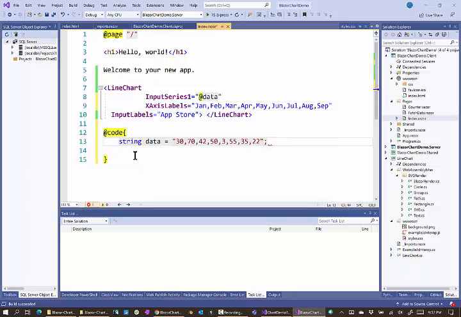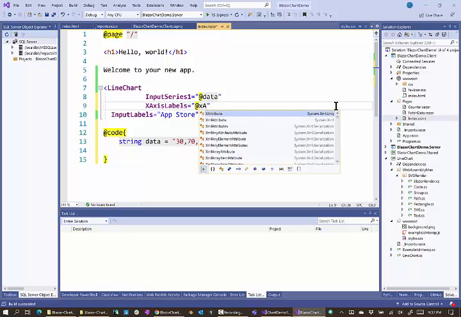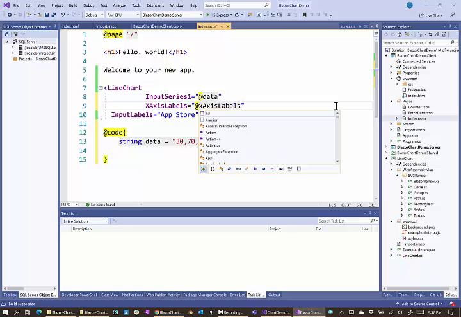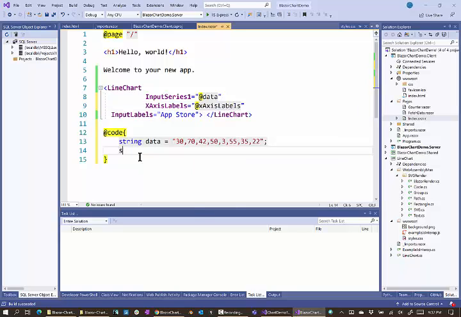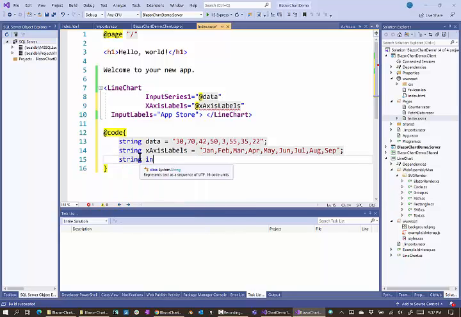So now I'm just initializing a string in my @code directive, and I'm saying put that up here. And then I'll do the same thing for x-axis labels, a string, x-axis labels equal to that. And then I'll make a string input labels is equal to,